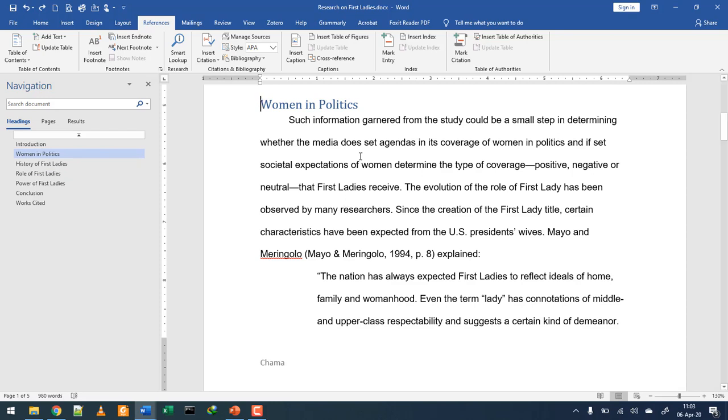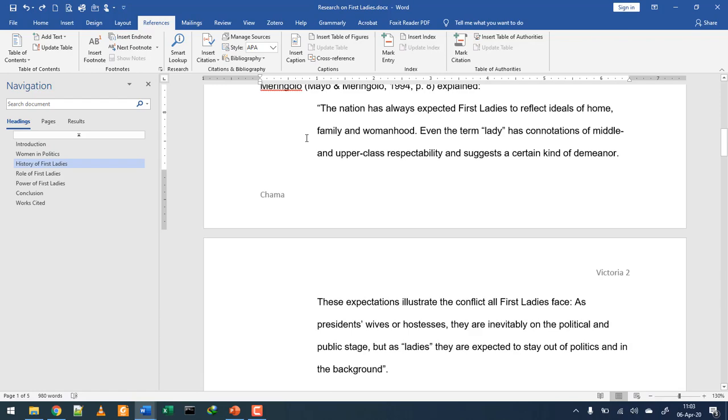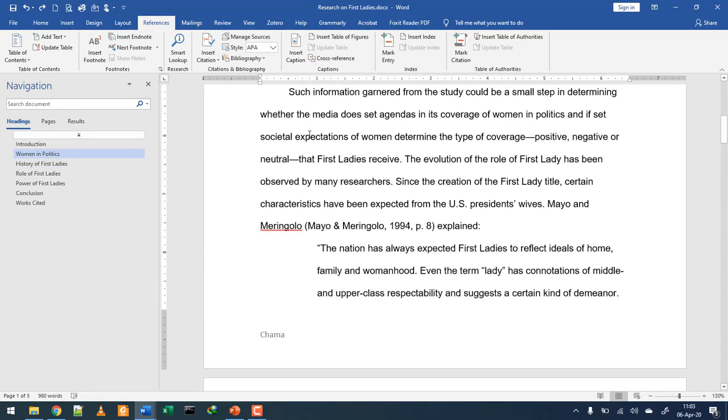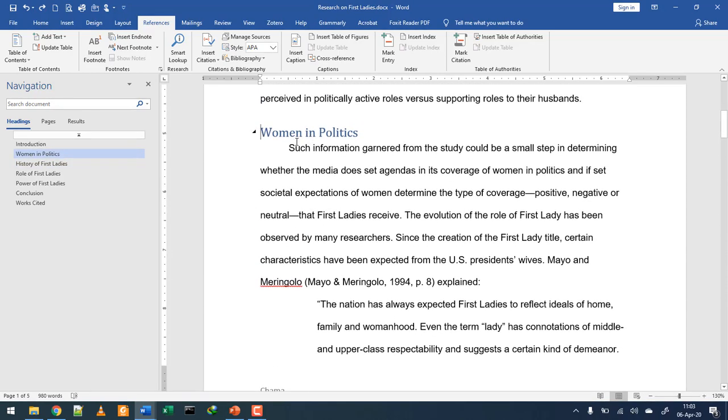So the first paragraph is where? Say, which is here, I believe. Explained. And then click the insert footnote button